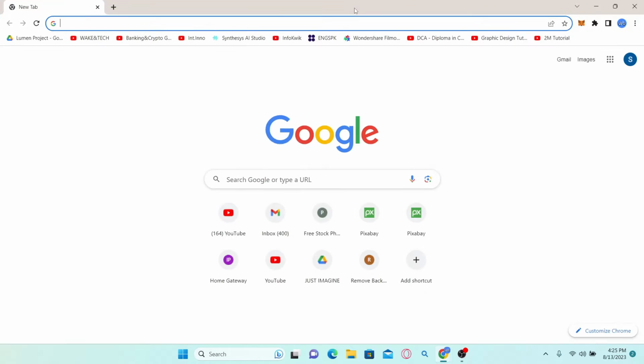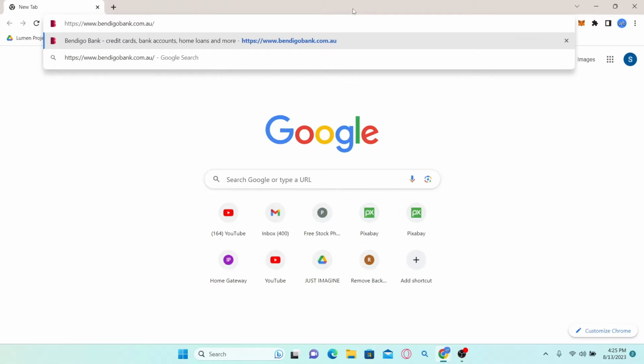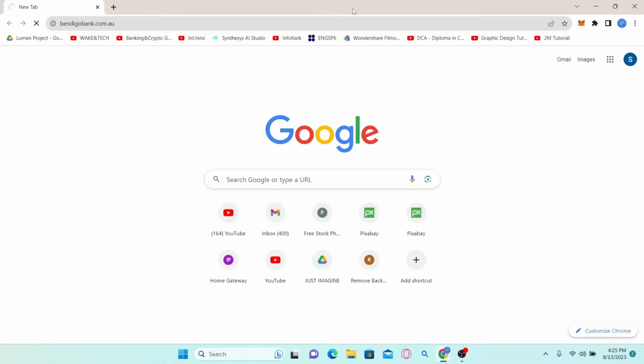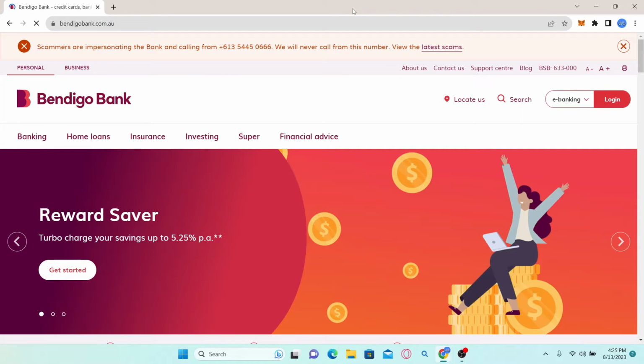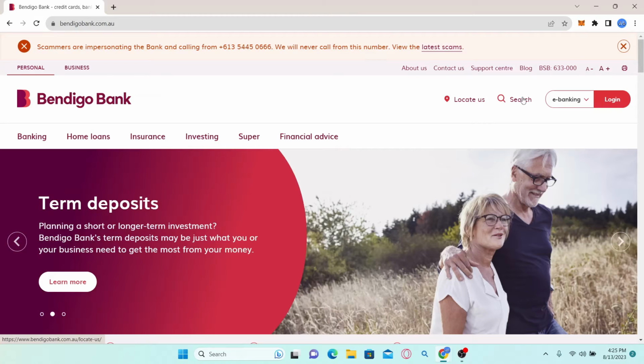First of all, open up your web browser and then in the address bar simply type in bendigobank.com.au and press enter. This will now take you into the official website for Bendigo Bank. Now simply click on the login button at the top right corner and you will now be taken into the